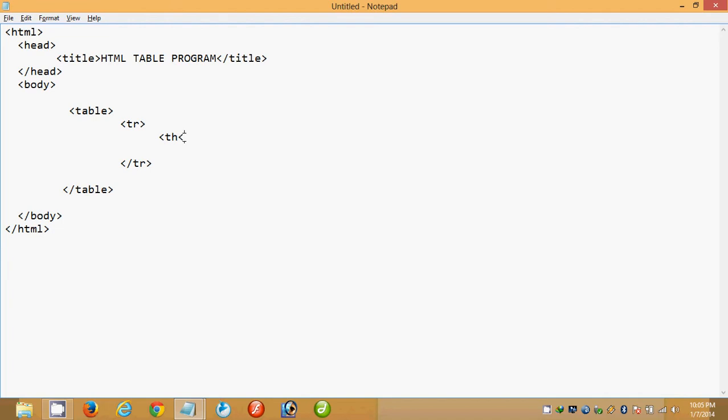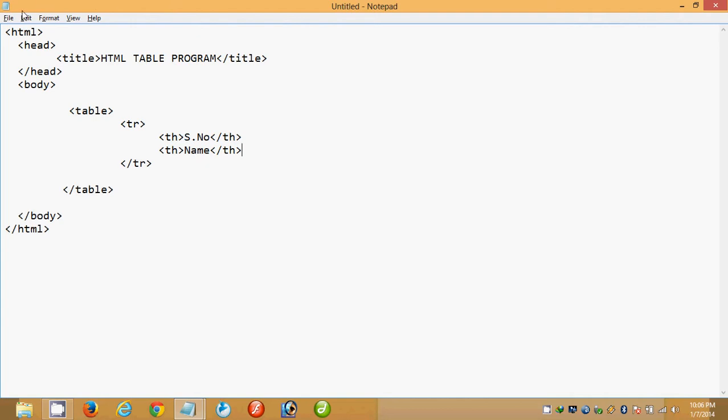So TH open, I am writing it as serial number, TH close. And another column, TH open, name, TH close.